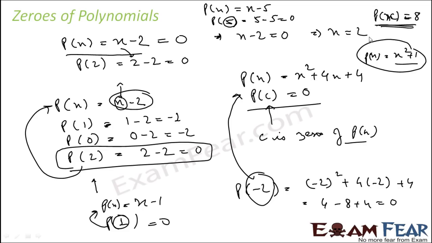Okay, so you can find some polynomials which will not have 0. Also we have some polynomial which is always 0. For example, if you have p(x) is equal to 0, the 0 polynomial. So for any real number, this is 0. For every real number, the value of this polynomial is 0, because you take p(1), p(2), p(3), p(4), for any real number, this is always 0. That's why the 0 polynomial is a little different,